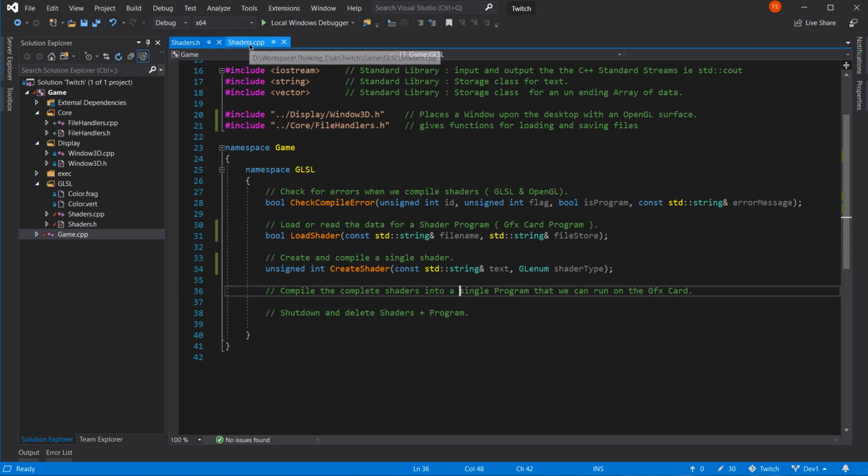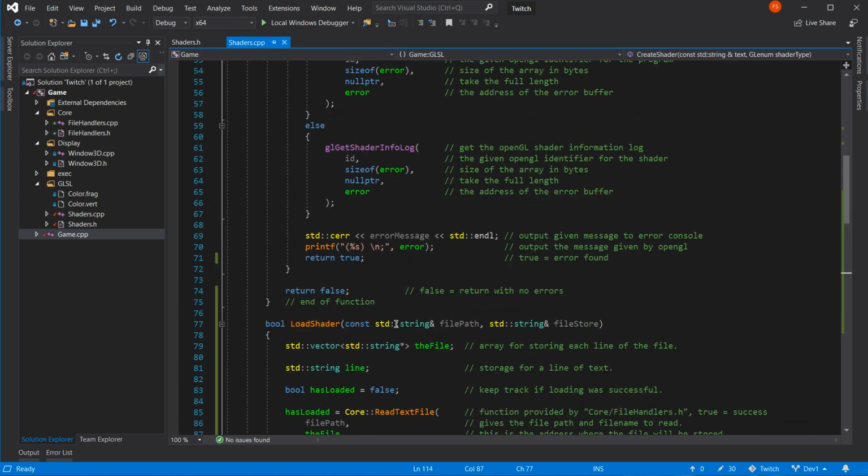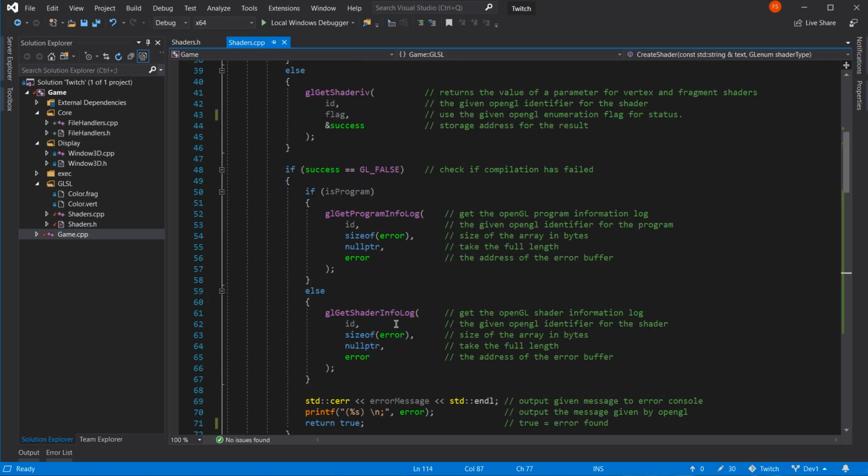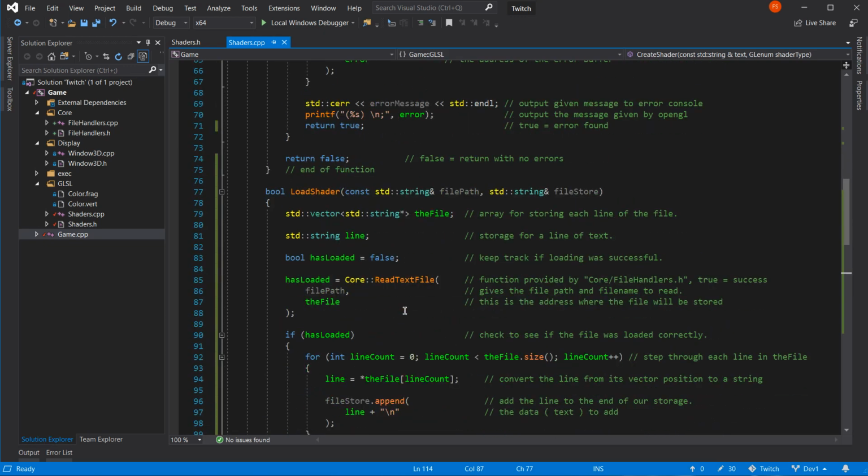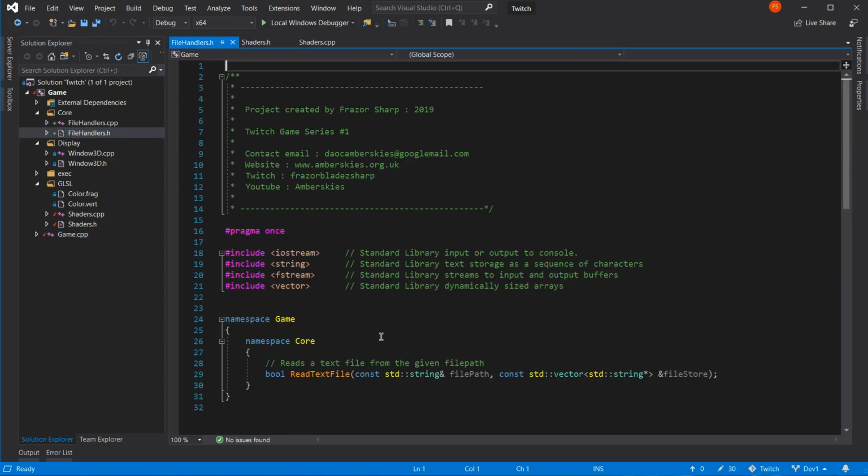Let's just double check. ReadTextFile. Has loaded equals core ReadTextFile. File path in the file. Standard string, start the file. Yeah, looks alright to me.